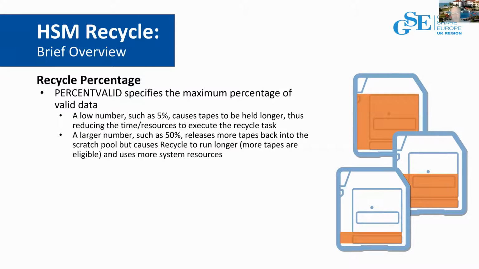Maybe you say 50%. So you're going to be recycling tapes much more often, but then your recycle is going to run longer now because you have more tapes to read in, and also you have more data that's valid on those tapes that you read in. So again, you've got this balancing act going on. Where do I set my valid percentage rates when I'm doing these recycles? Again, not to waste any more CPU resources than I have to in IO, but at the same time to quit wasting storage space out in my tape pool.